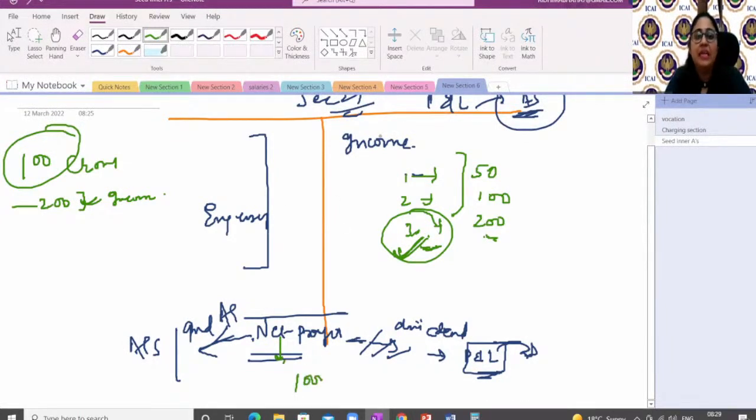But if any income is not part of this P&L account, keep the P&L account in mind, if in this 100 there is some income which is already included in the P&L, is not part of the PGBP income, so I will reduce that from PGBP income. Correct? Yes or no? Yes. Now,